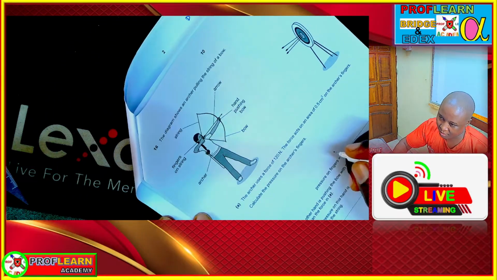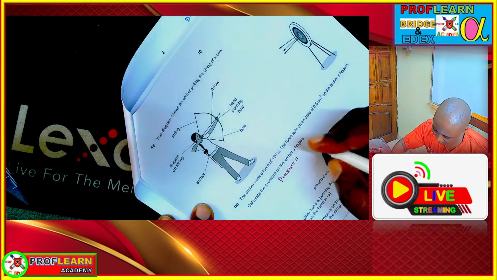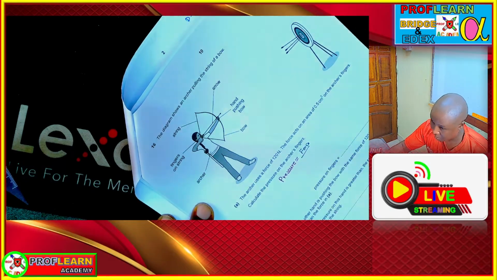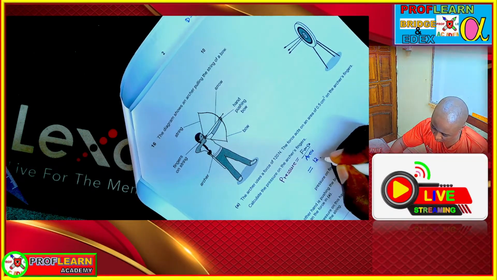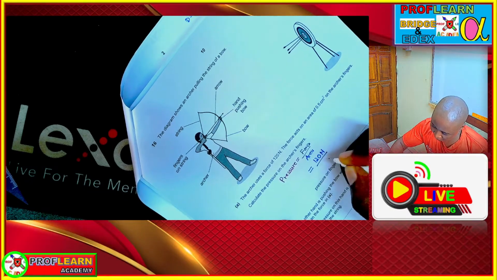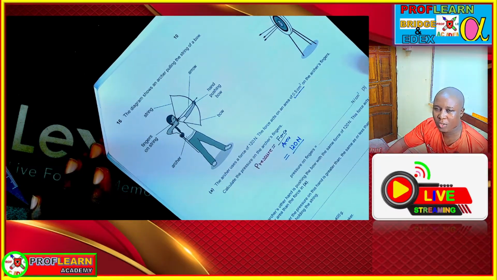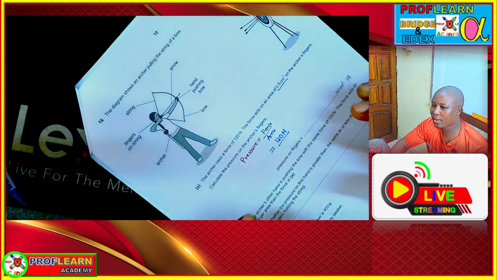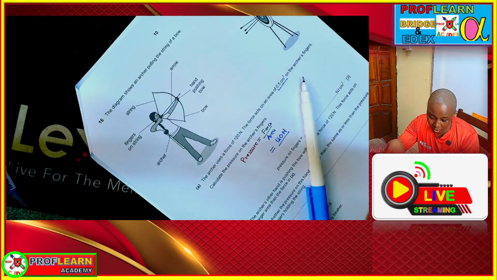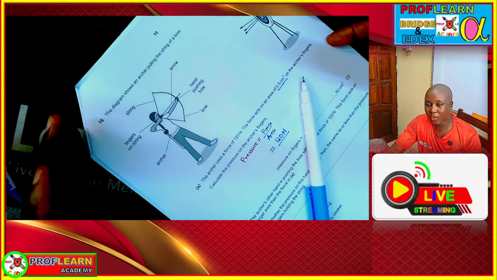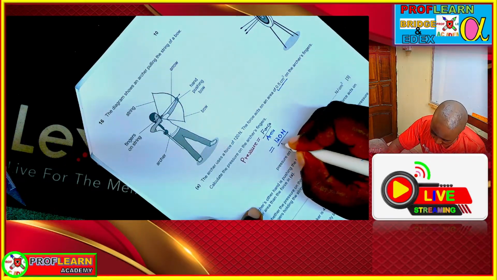We know pressure. We're going to use the concept that pressure is equal to force over area, which is going to translate to 120 Newton divided by the area. The area is given here. So anytime you're given questions, guys, just look at the question and see what the question is really saying, and check which is the best formula you are going to apply in that particular question so that you can work it out. The question can come from a scenario you really don't understand, but if you read the question and try to figure out which formula is related to it, you can get the answer. 0.5